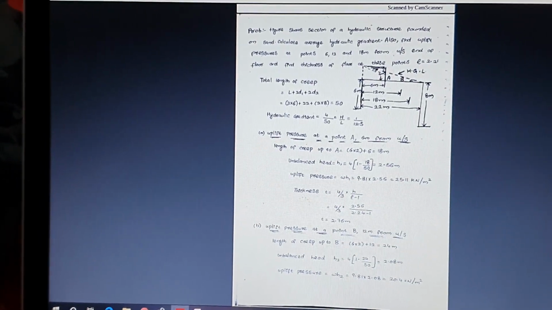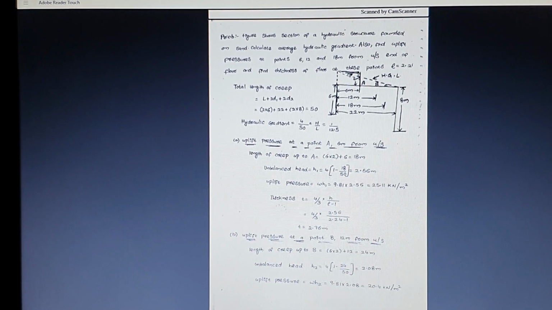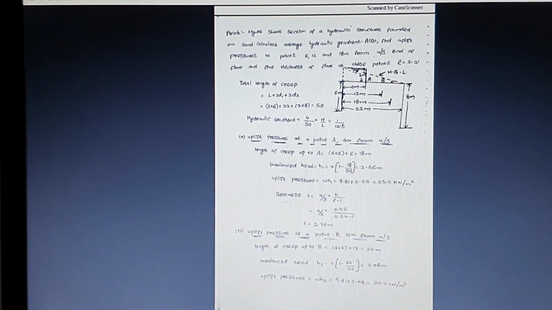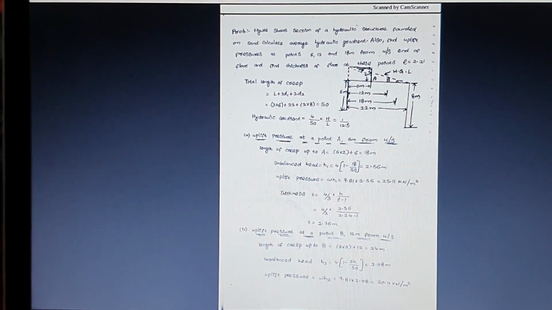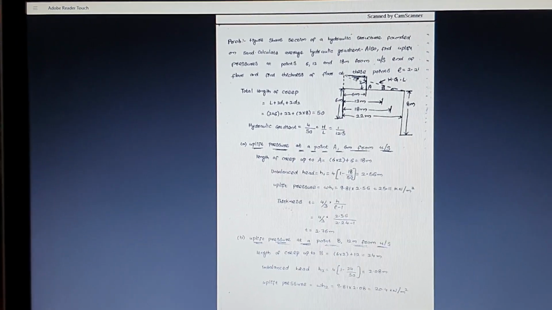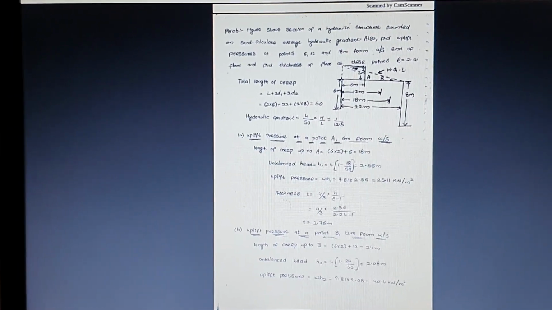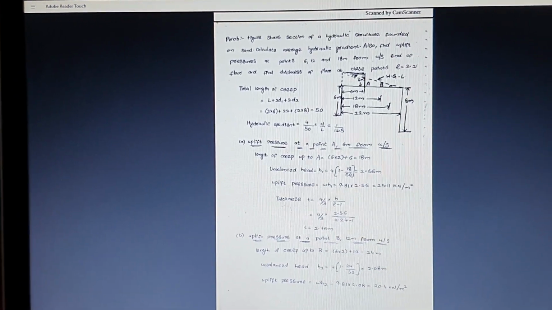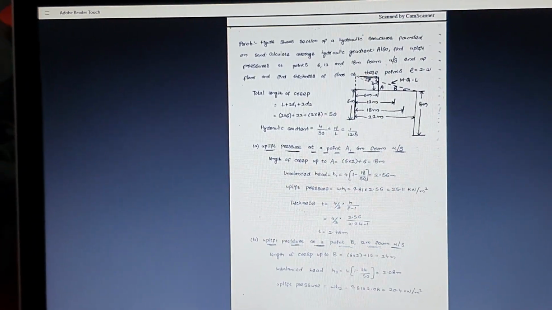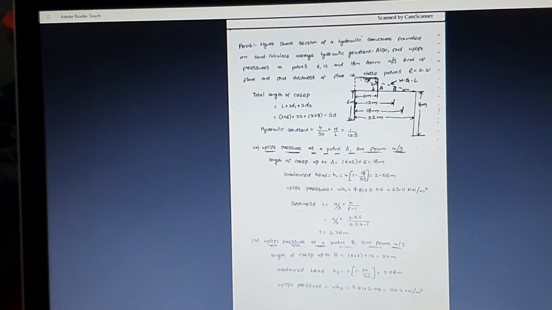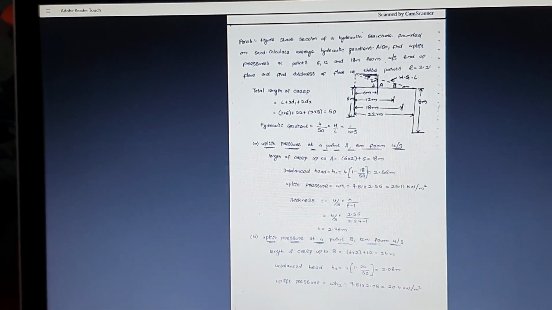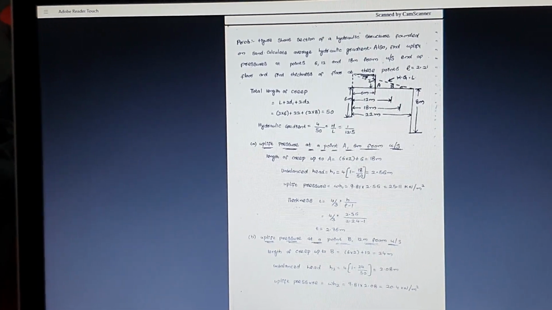The formula for thickness is 4 by 3 into H by (rho minus 1). So what is the rho value given in the question? It is 2.21. So by calculating, you will be getting the thickness up to A, which is 2.76 meter. Similarly, we need to calculate the uplift pressure at the point of B, where the creep length is 2d1 plus L, which is 2 into 6 plus 12, 24 meter.